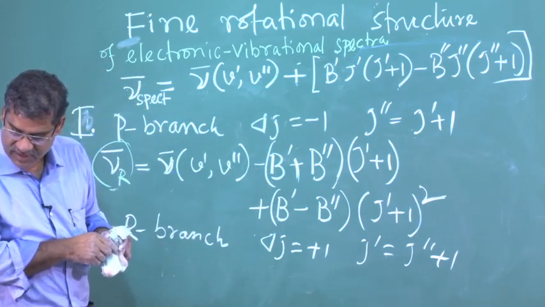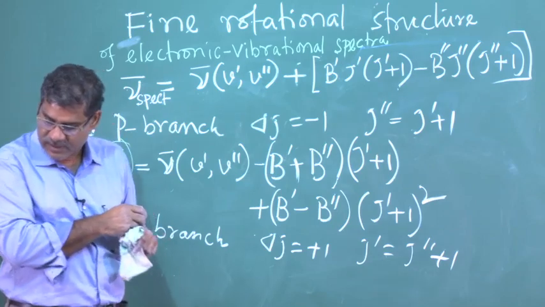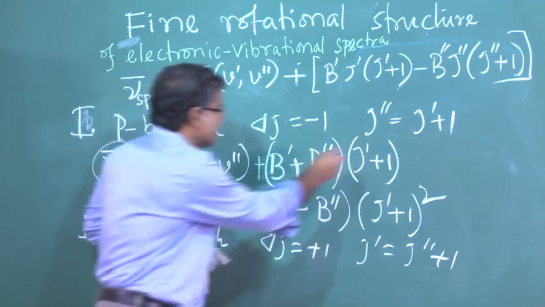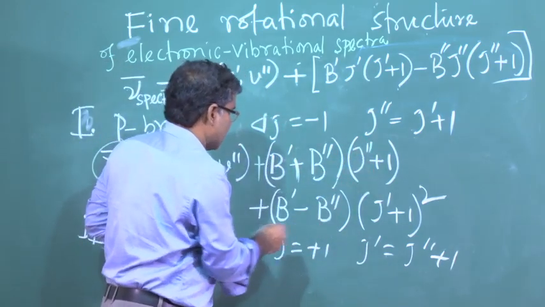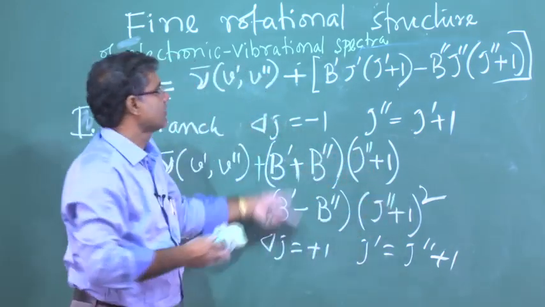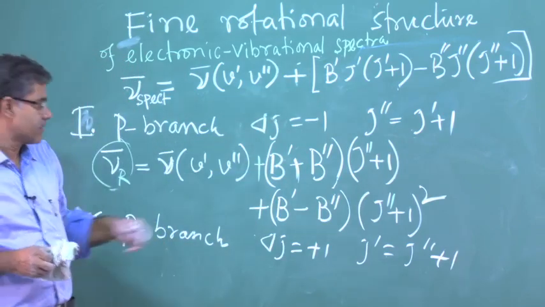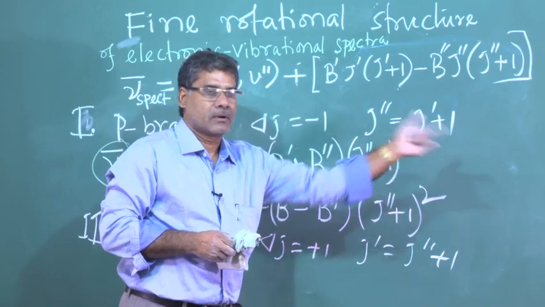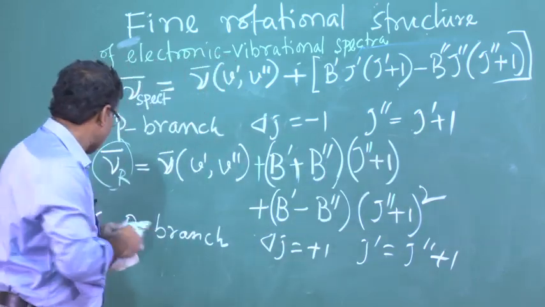There will be a change of sign; both are plus signs, and this will carry the double dash. If you replace it, you will get this, where J double dash equal to 0, 1, 2, 3. And this third one,